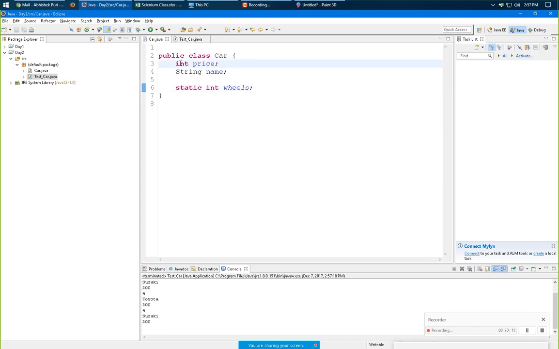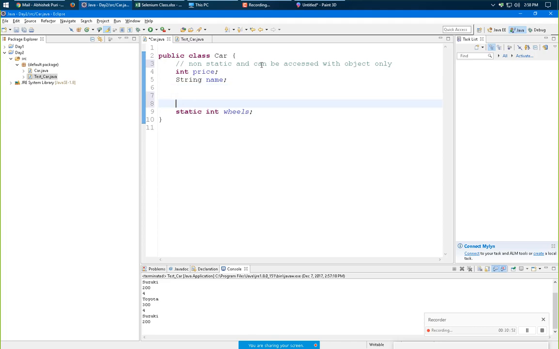So this part is non-static and can be accessed with an object only, and this part is static and can be accessed directly.